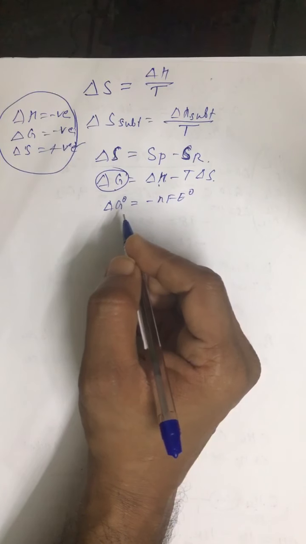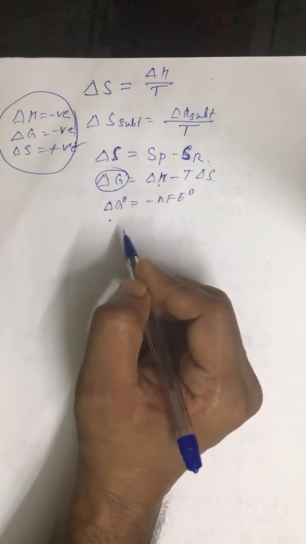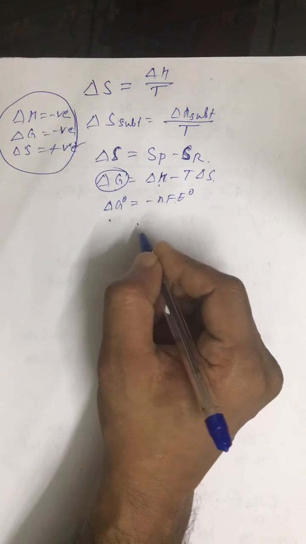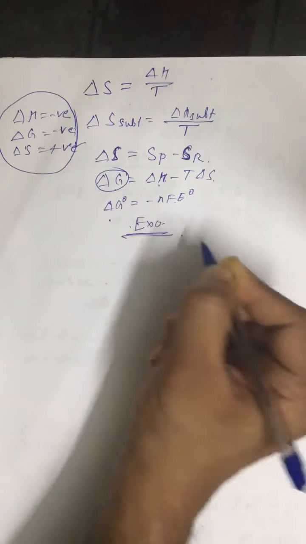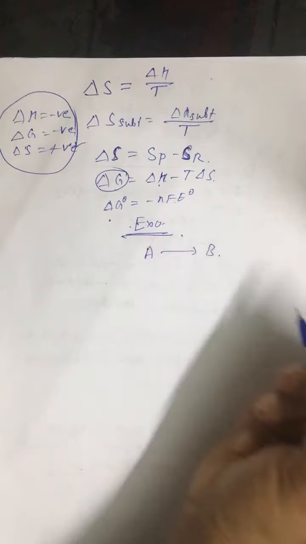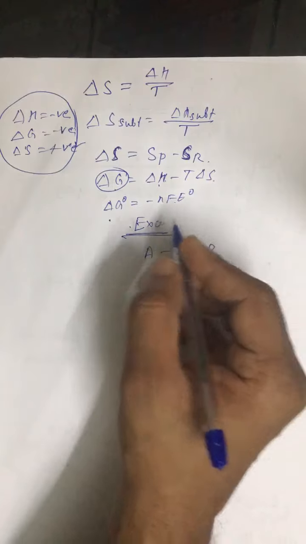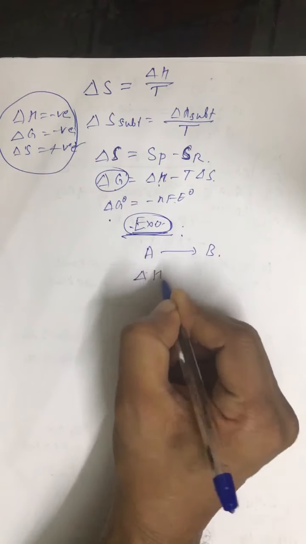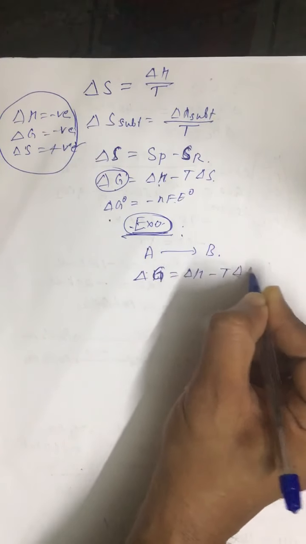Say, the free energy concept, and for a process, whether a process is spontaneous or not, like if we are having an exothermic reaction, we are given a reaction that is A is equal to B, whether this process is spontaneous or not. For this process, first of all, it is mentioned exothermic. So from this relation, ΔG is equal to ΔH minus TΔS.